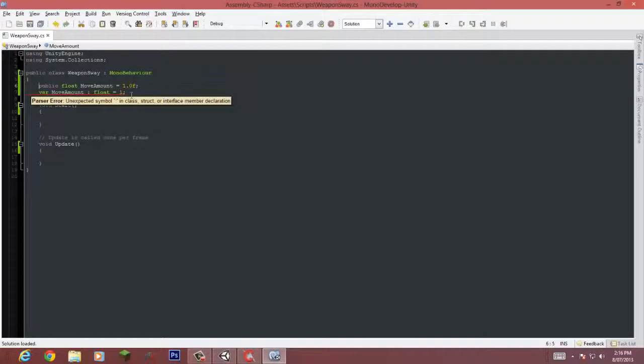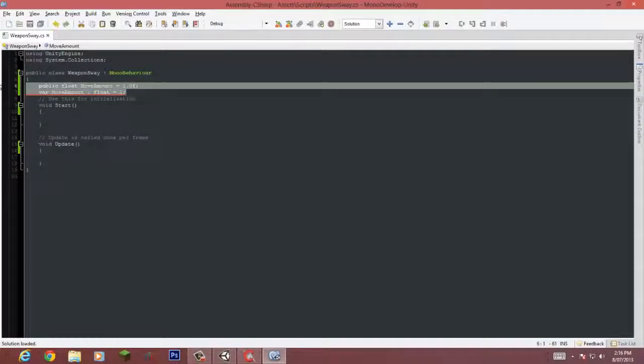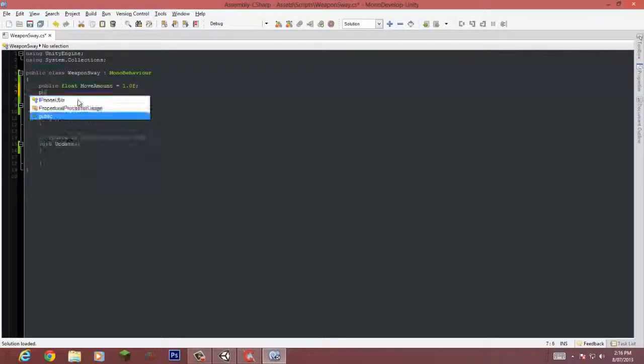But there goes the prefix, I can't remember exactly what it's called: the type, the name, and the amount, where it was name, type, amount. So we're going to want to create a public float move speed equals 2.0f, a public float move x, public float y,